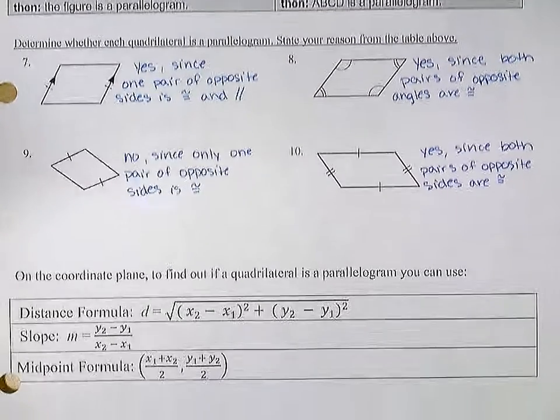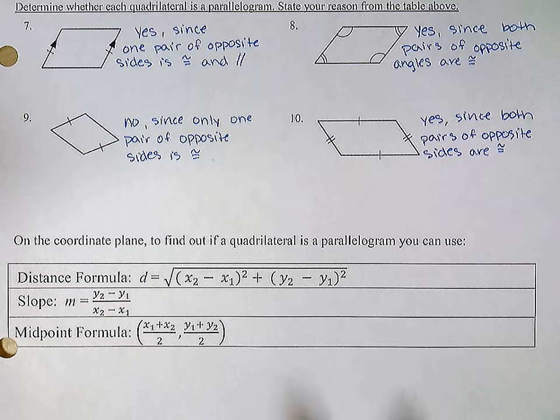All right, so moving on here, on the coordinate plane, to find out if a quadrilateral is a parallelogram, you can use the distance formula, the slope formula, or the midpoint formula. Today we're just going to go over distance and slope, but you can use the midpoint formula. You would just have to find the midpoint of both of the diagonals after you graph it in order to prove that. So if you flip over to the back here,